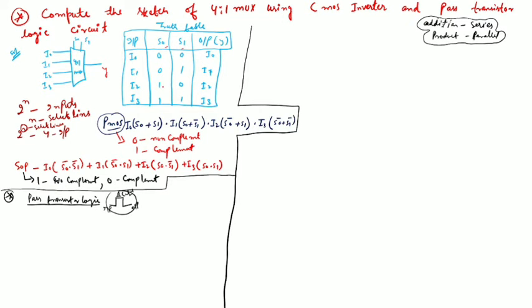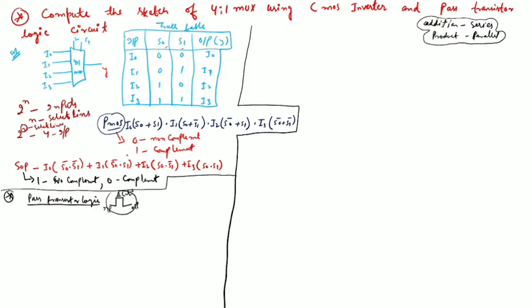When the select lines are 1, 0, the output Y is I2, and when the select lines are 1, 1, the output is I3. According to this truth table, we will make the sketch of this 4:1 multiplexer in both CMOS inverter logic and